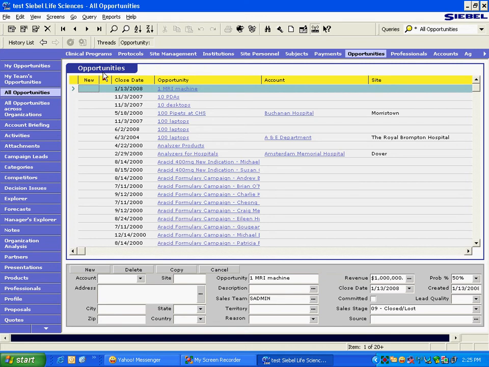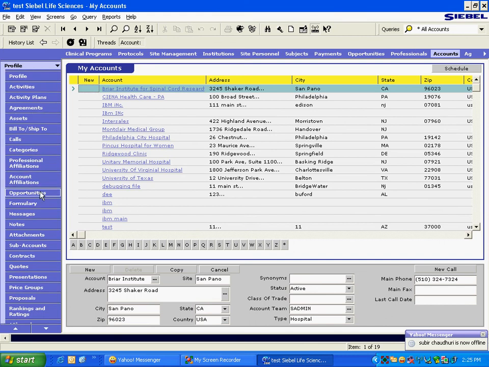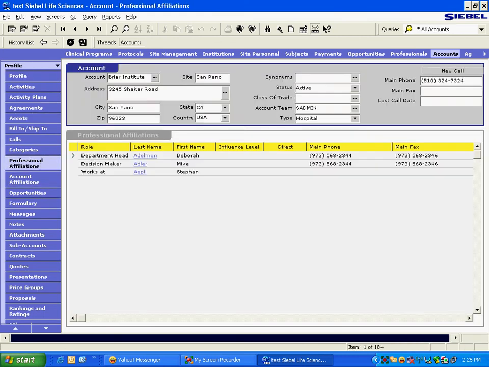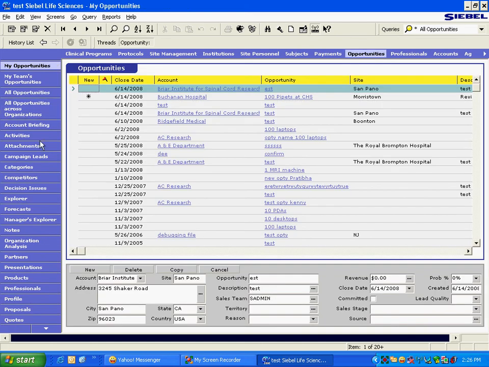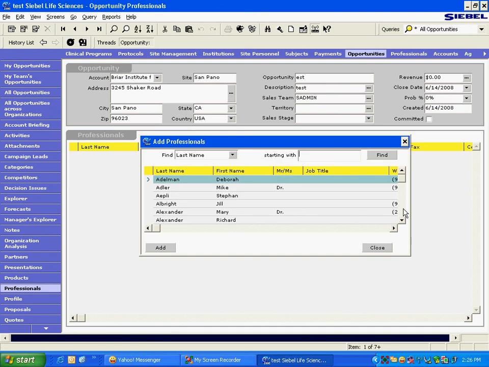Okay, we analyzed this requirement yesterday, right? So the user says that there are many contacts for an account. Out of these contacts, when the rep goes to opportunities and is about to enter the contact, right now, if you see, he can see the list of all the contacts.